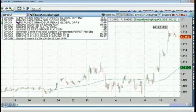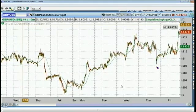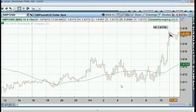If anything, maybe a drop down or probably just flat, considering that we're so late in the day on a Friday afternoon. And then looking over at pound dollar, it got basically the exact same reaction. It took a little bit longer to come around, but it finally did. When it did, it launched up to a high of